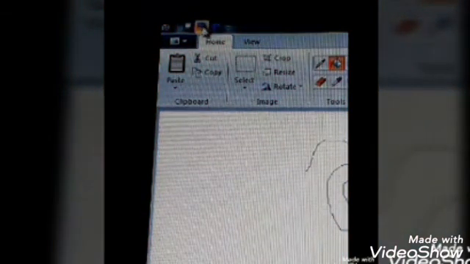Okay children, now I will show you how to use the text tool. First, as you know, you have to select the text tool. Once you select the text tool, you have to click here on the screen, and then when you click, you will see the dotted lines. You can see a dotted line box. Yes, and now you can type the word.